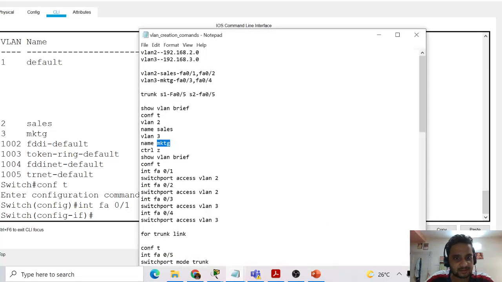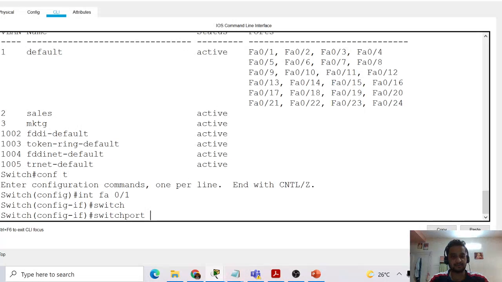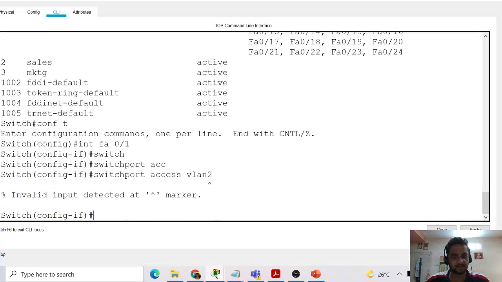Switch port access VLAN 2. So we are using switch port access because we need to make sure that it is under access mode, not on dynamic mode.